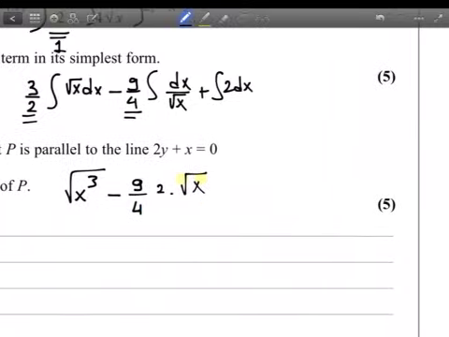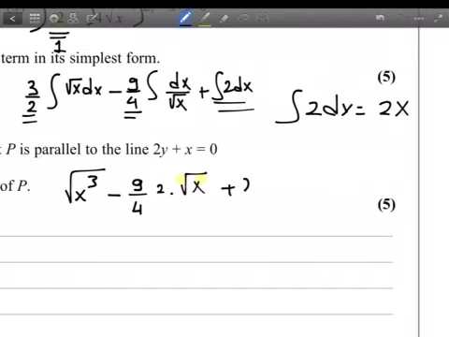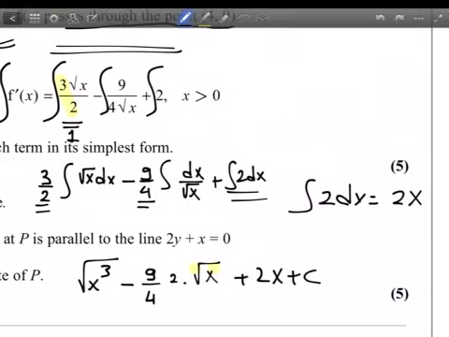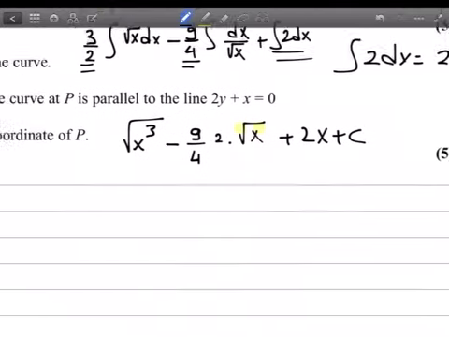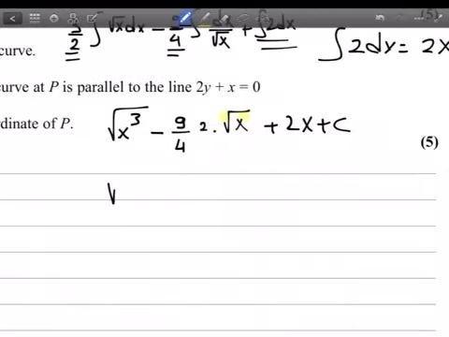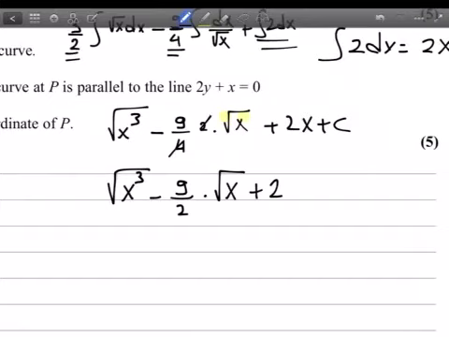And we continue with the easy part. The integral of 2x dx is x squared, and we have c, that is the constant of the whole integral. And we can rewrite this: x to the power of 3 minus 9 over 2 times the square root of x plus 2x plus c. That is our function